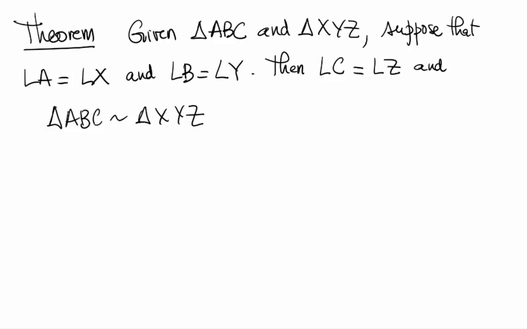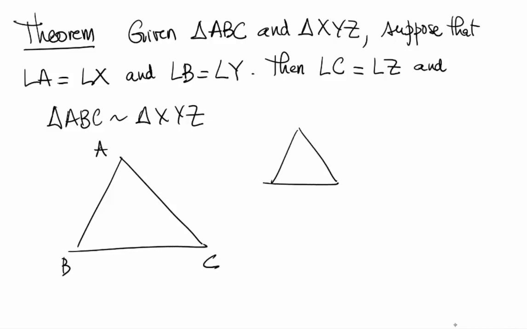So this theorem says that if you're given triangles ABC and XYZ, let us suppose that angle at A is equal to angle at X and angle at B is equal to angle at Y. Right? So suppose this is triangle ABC, and here I have triangle XYZ, and we know that the angle at A is equal to the angle at X, and that the angle at B is equal to the angle at Y. So,